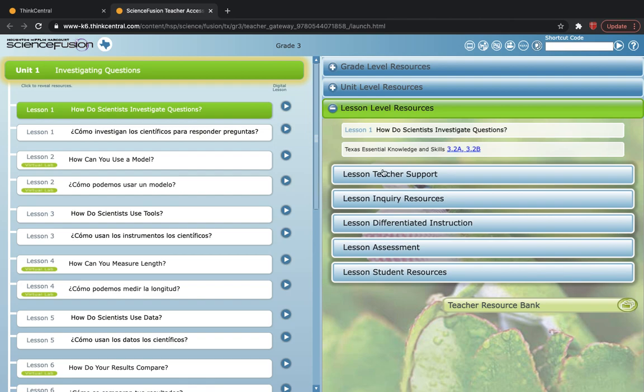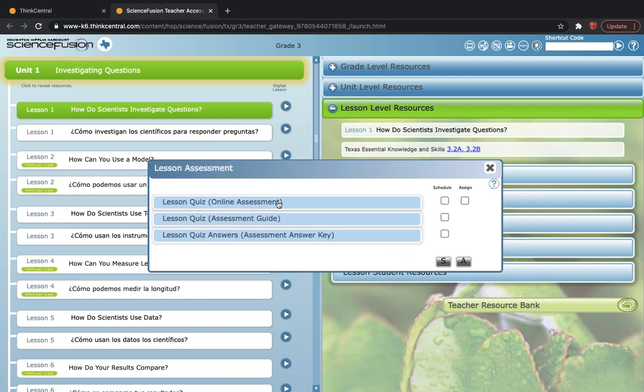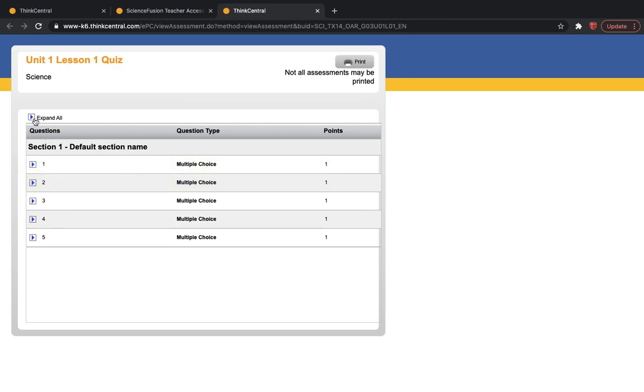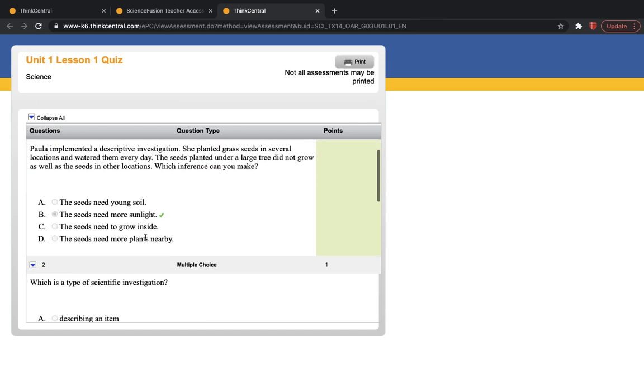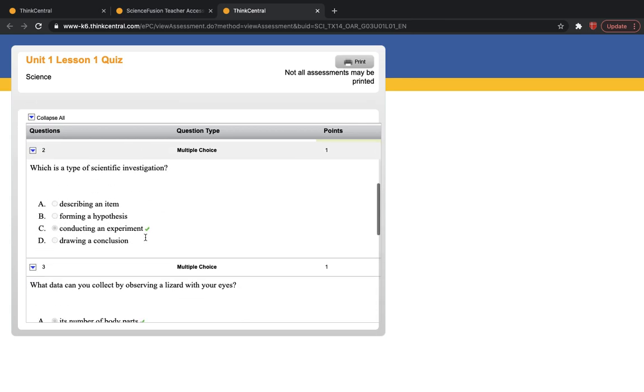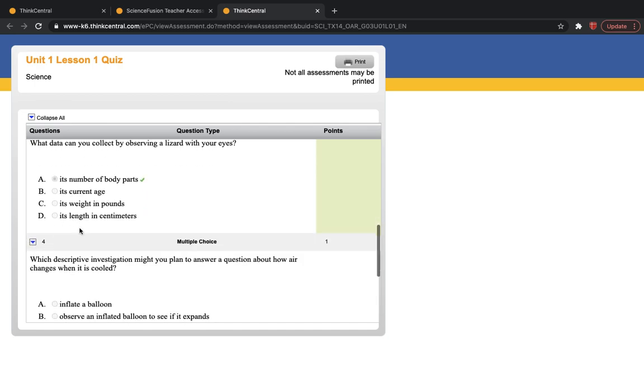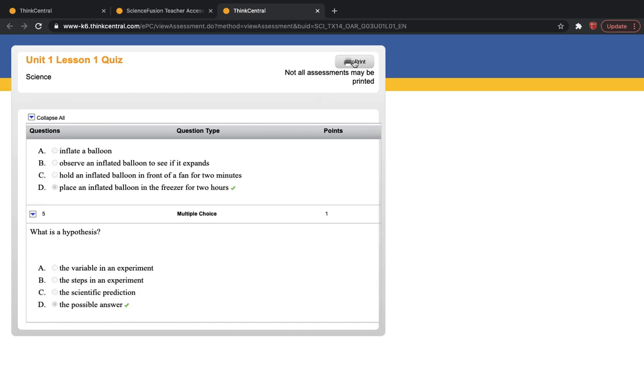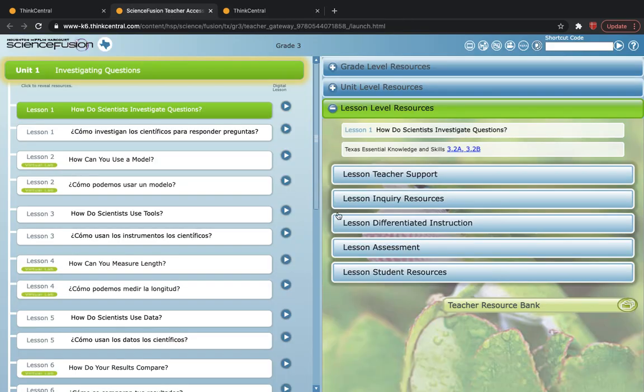So let's check out lesson resources. If there's a lesson quiz, you can also assign that here. If you want to see the lesson quiz, just click on it. It's going to pull up in a new tab, and you can check it out and make sure that it's what you want. And it does give you the correct answers there as well. You can also print this for the kiddos in class, and